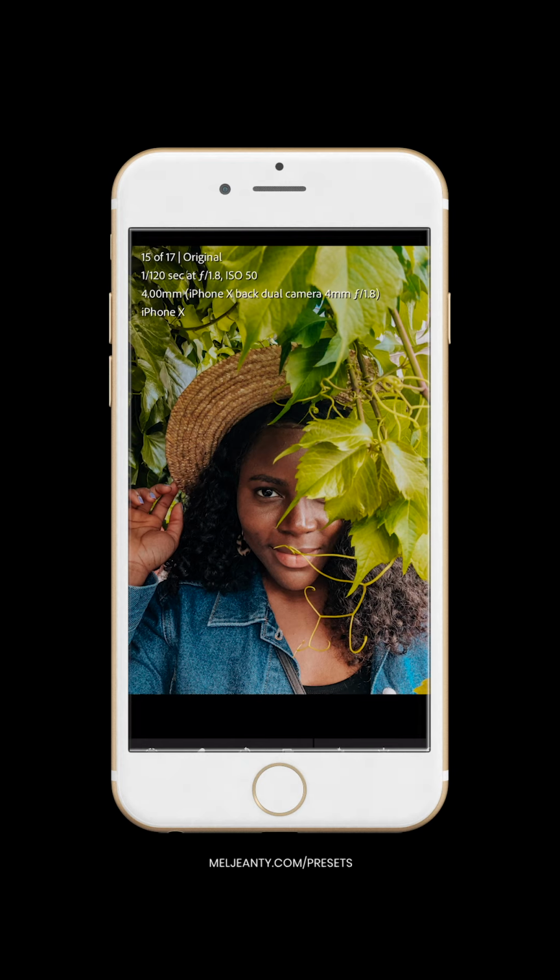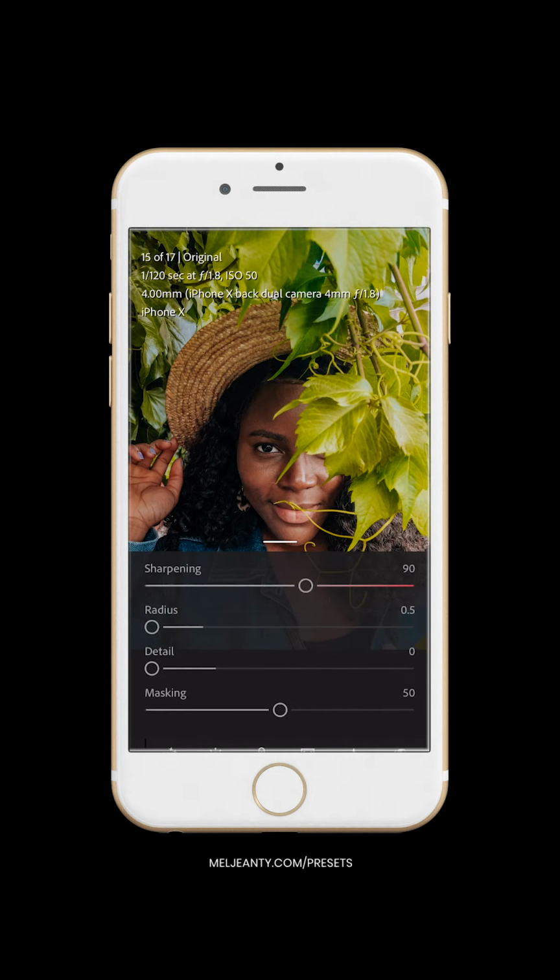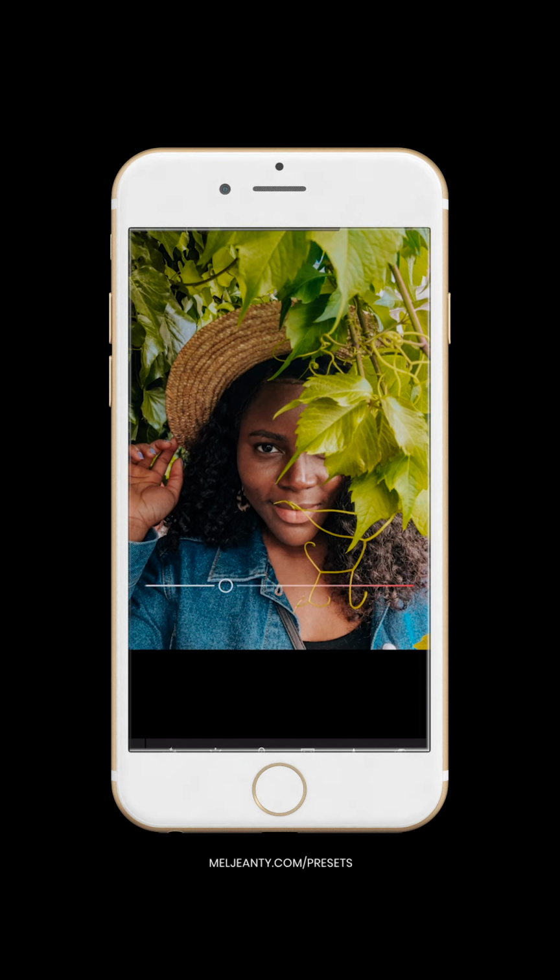Lastly, there is something else that I want to touch on, and that's when editing on Lightroom Mobile or on your phone in general, especially editing photos taken with your phone. What I've noticed when I take pictures with my phone is that those pictures tend to be sharper than on my camera. And so what I can do, for example, with the Flower Child preset, is that I can go on details and reduce the sharpness of the picture right there,